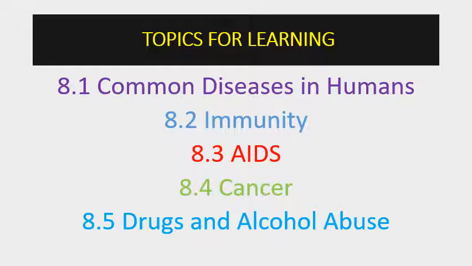In this particular chapter 8, you have 5 important areas to learn. Common diseases in human, today we are going to discuss on that. Immunity, AIDS, cancer, drugs, and alcohol. This will be taken up in the